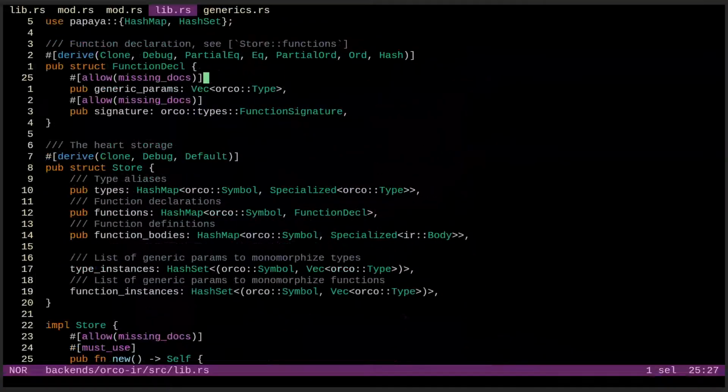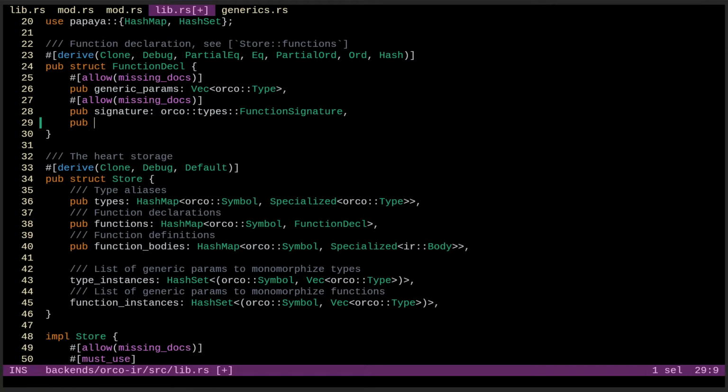I mean, really, I could also put specialized body in here. Wait, actually, why wouldn't I do that?